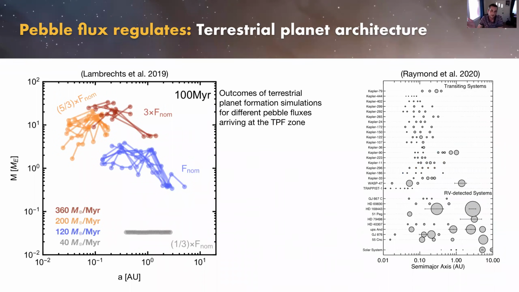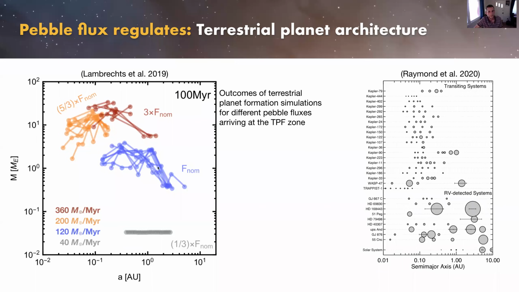Pebble drift flux is also important for terrestrial planet formation. This is showing a plot by Michiel Lambrechts doing simulations of planet formation inside the water snow line with different pebble fluxes reaching this inner disk. Right? And again, these numbers are quite comparable to the ones that were constrained by Coco and others. So if you have a small amount of pebbles reaching the inner disk, you form these boring Mars-sized embryos. If you have more mass coming in, you can form something that looks like the solar system. It's kind of hard to see, but each line is one model